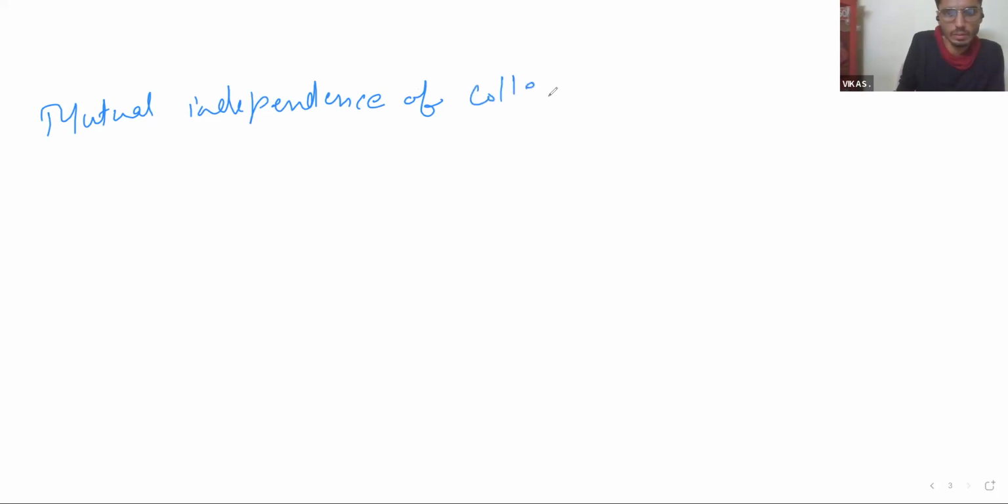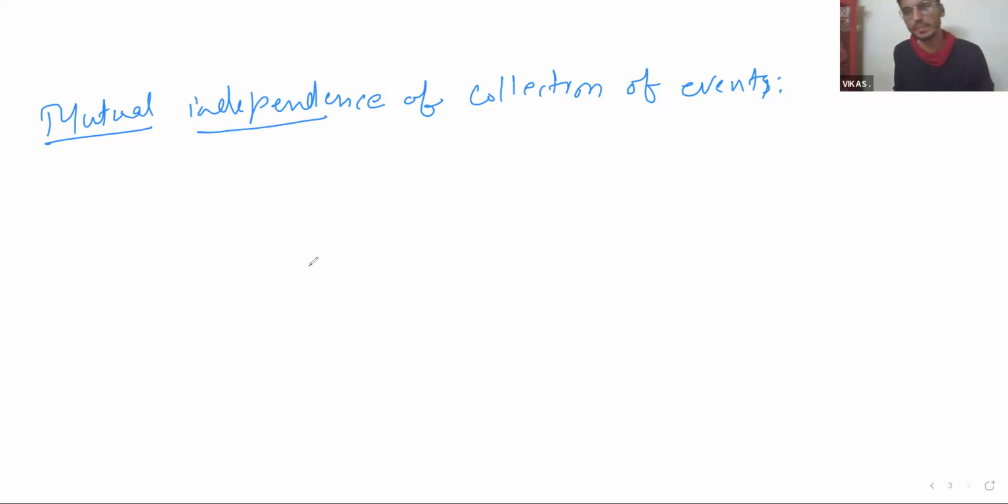What is meant by mutual independence, compared to the definition of pairwise independence?